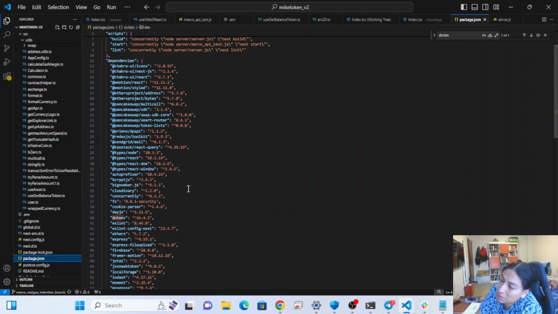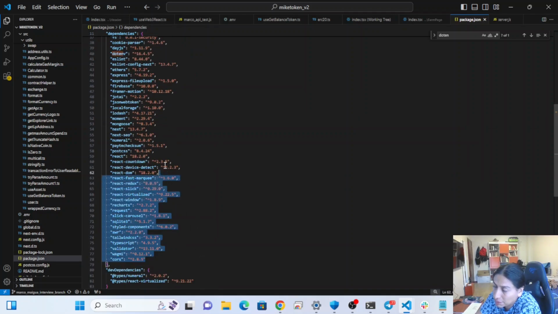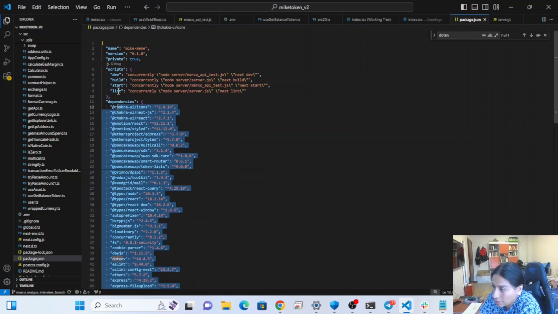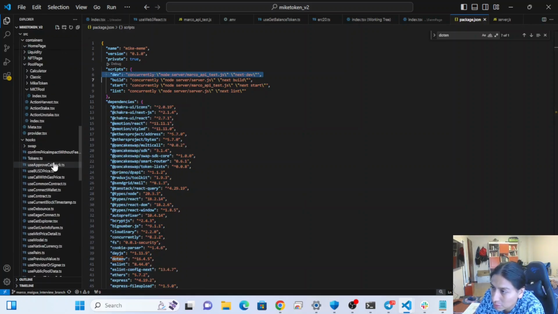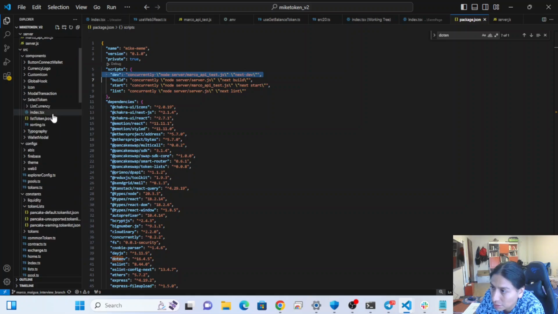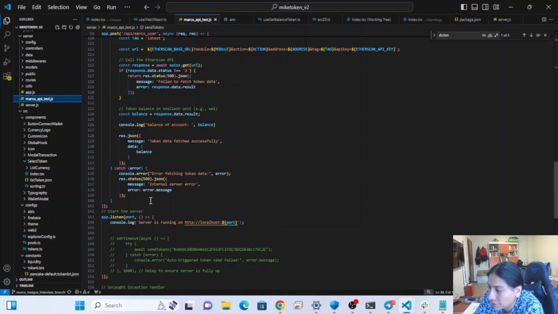And based on some clues in the package JSON, I realized that these dependencies would work with Node.js 18. So moving on to the server,